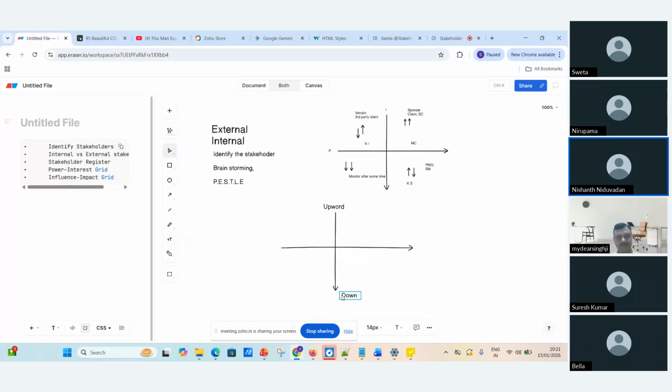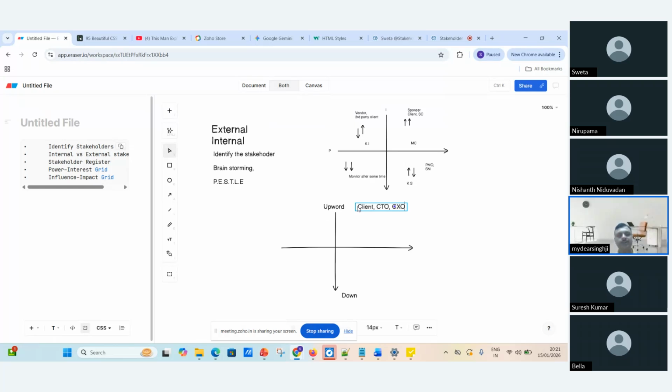Those I report to are my upward stakeholders, like the sponsor, my CXO, my CTO. Client also. These are all my upward stakeholders.